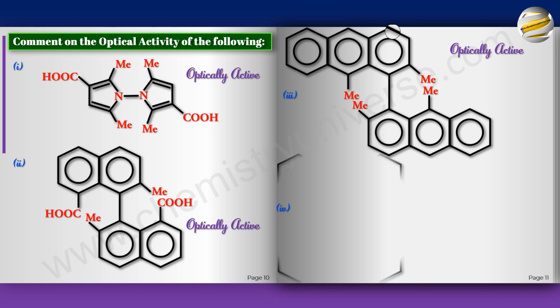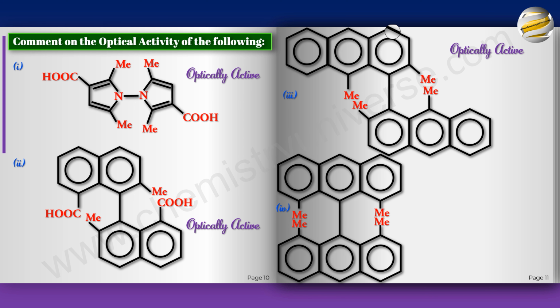Let's try this. Pause. Now obviously they will go out of plane. Can you see the MEs are so close even in drawing? So let's assume this goes vertical. So this will get cut into two halves, no problem. And the cut will go through here and both halves are identical, optically inactive.